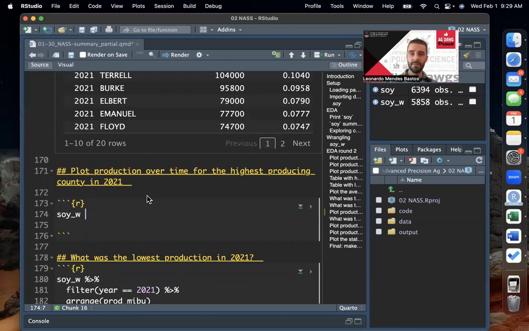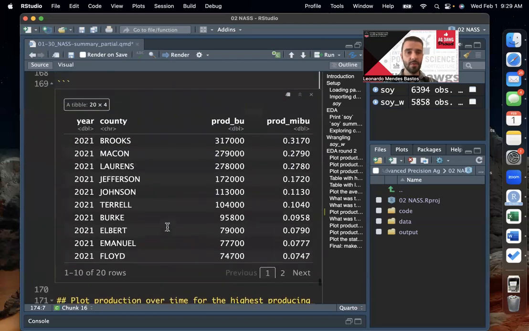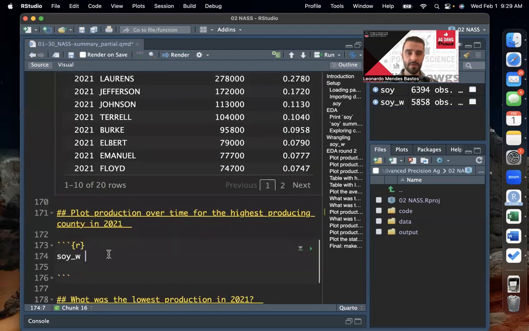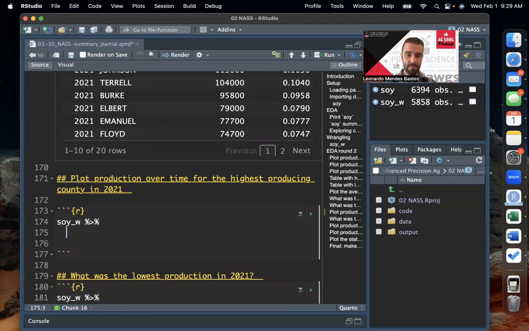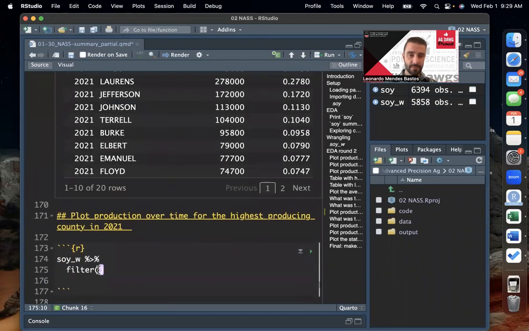So, if we come to the chunk above, we notice that the county that produced the most in 2021 was Brooks. So if I want to plot data for that county only, I again would use filter, right? So now let's come here, add a pipe, use a filter function. Now the name of the column is county, right? So county